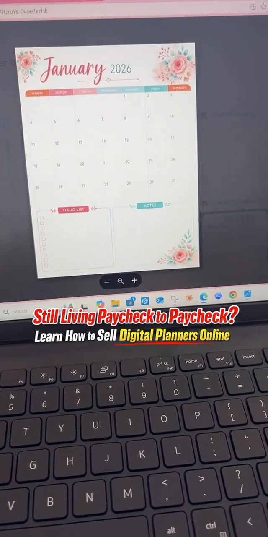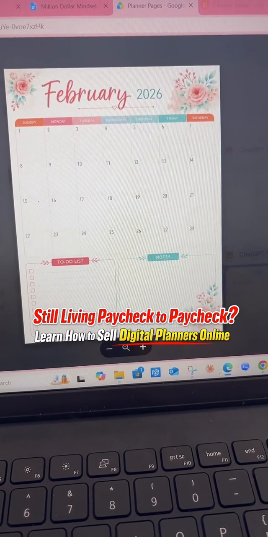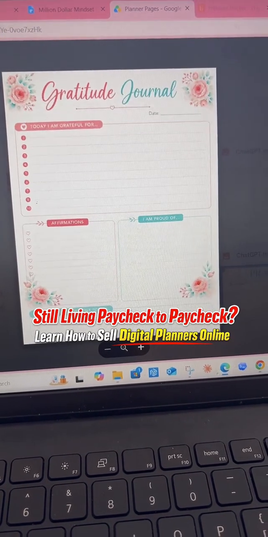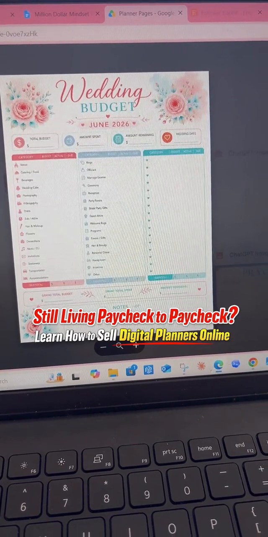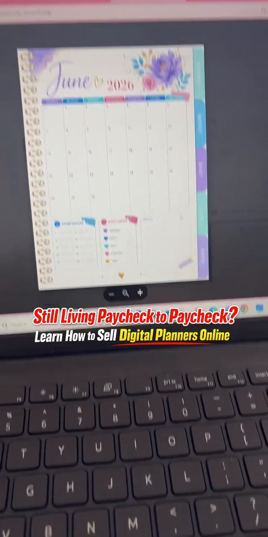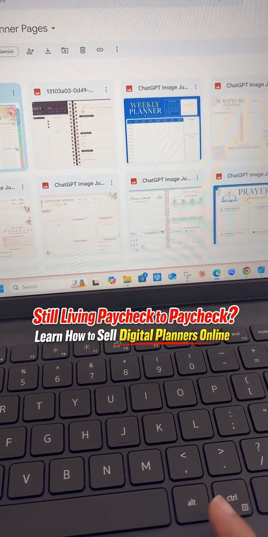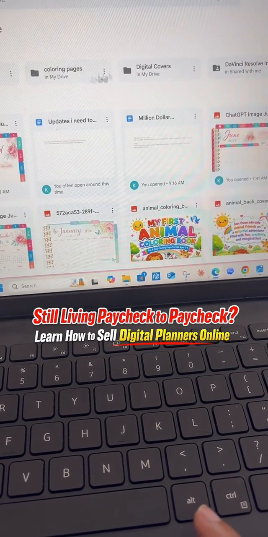Okay, this was one we did for print. As you can see, it has no tabs, no coils, just for print. So this is one that we did for print for a wedding planner. This is another one that we did. So yes, you can see the point there. And then we have the Color Studio, which